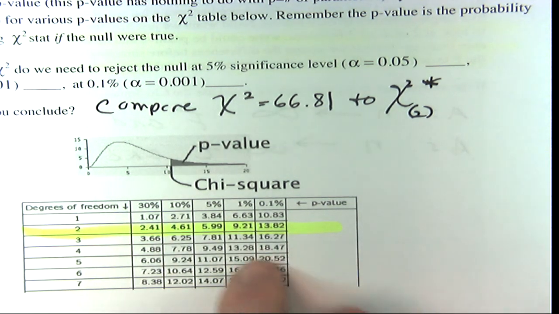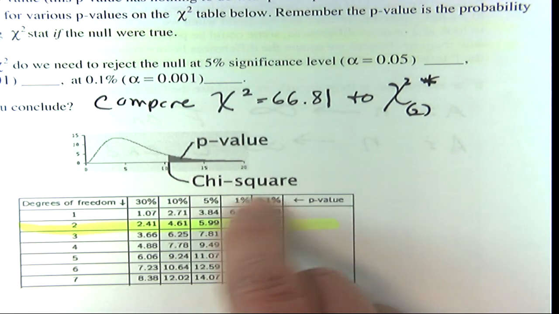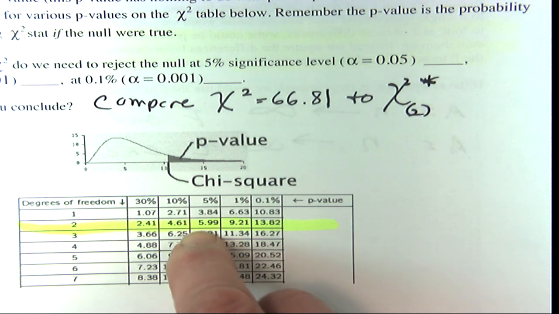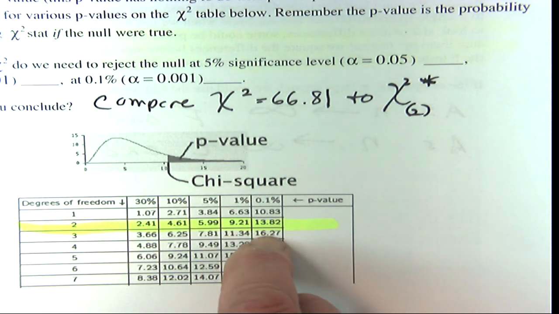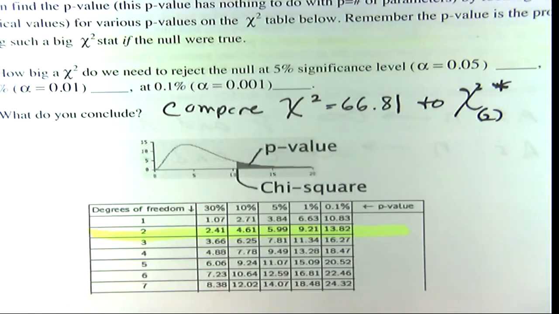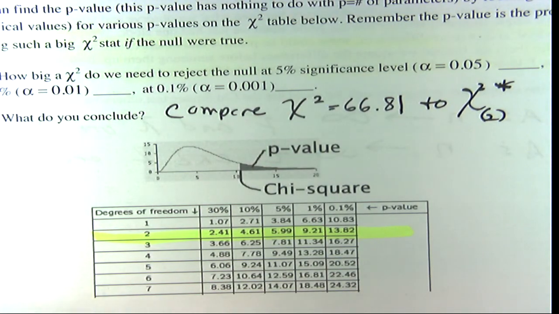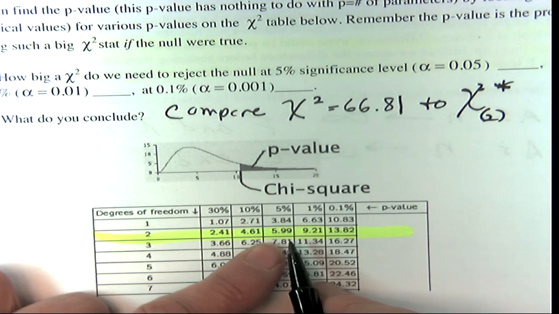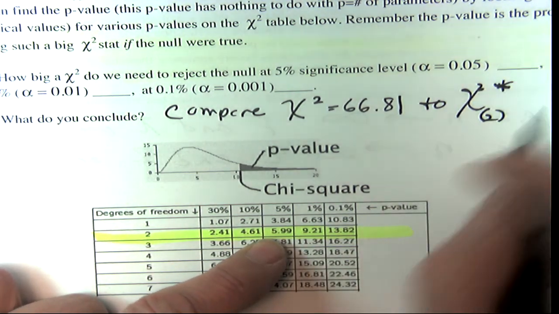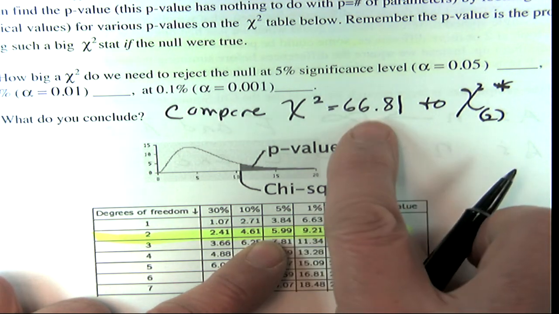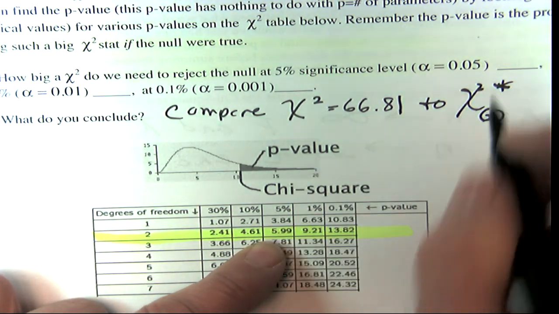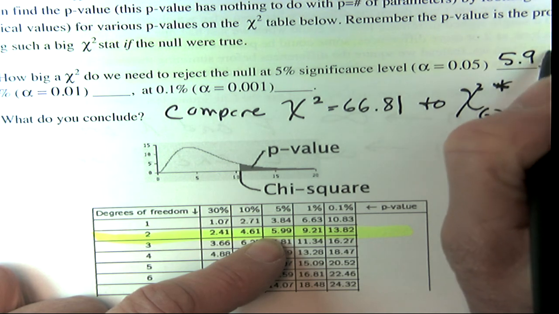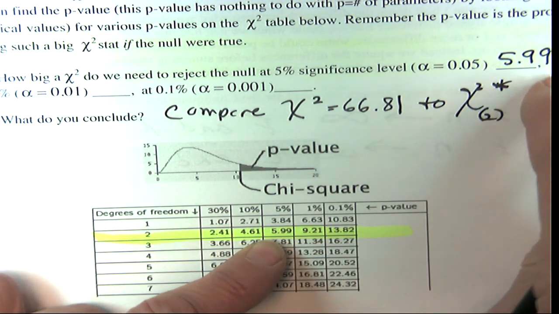So you're going to compare at 5%, at 1%, and 0.1%, right? So at 5%, 5% means that if our chi-square stat is bigger than 5.99, we could reject the null and say that,